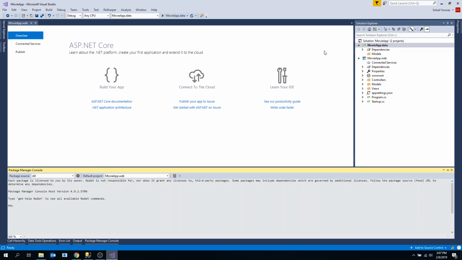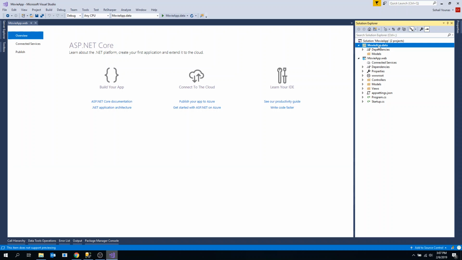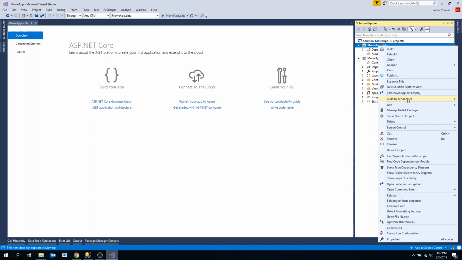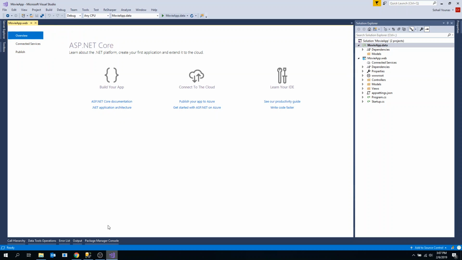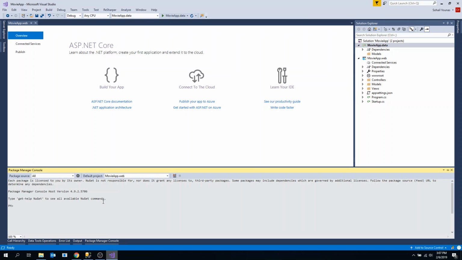The third option, which is quite new, and Visual Studio 2017 provides that option, is to edit the csproj file by right clicking and edit movieapp.data.csproj. So you can directly type the NuGet packages here, and these are the 3 options you can go with. But for today's demonstration, I will be using package manager console. So I'm going to run the commands: